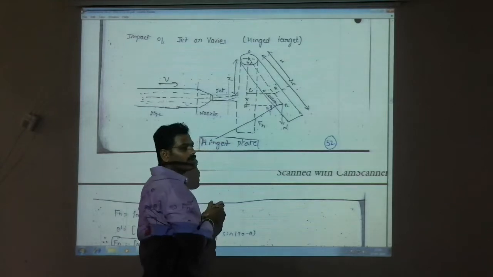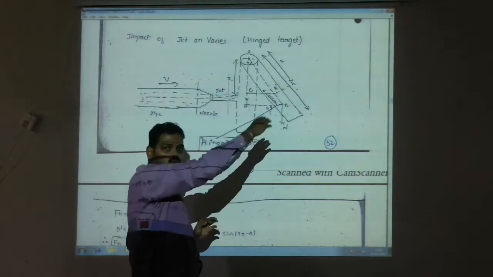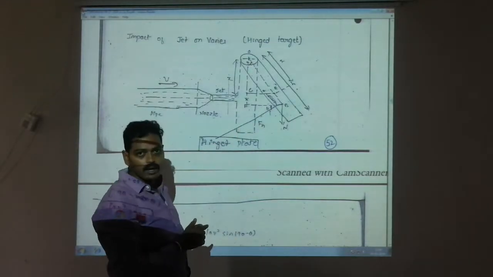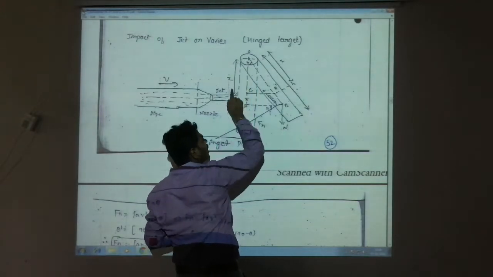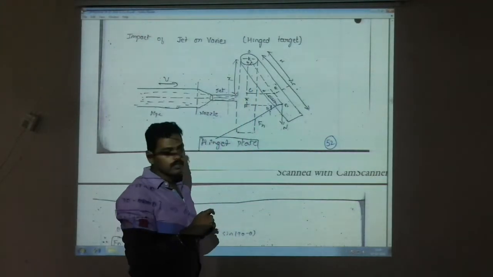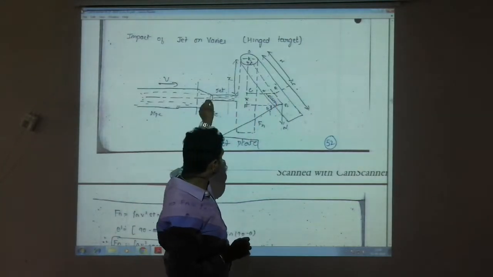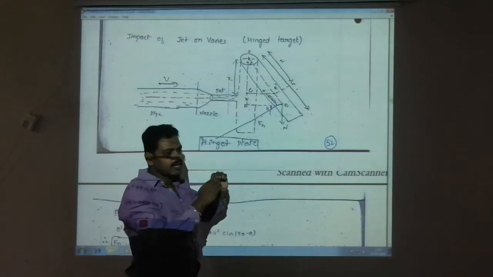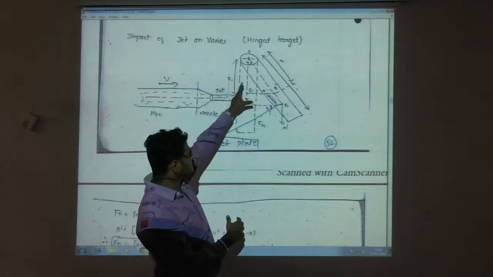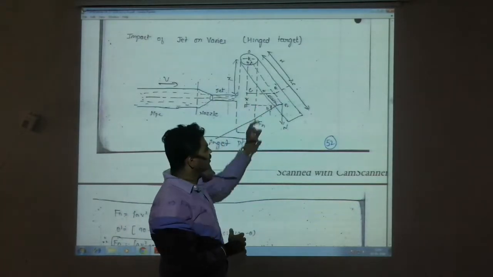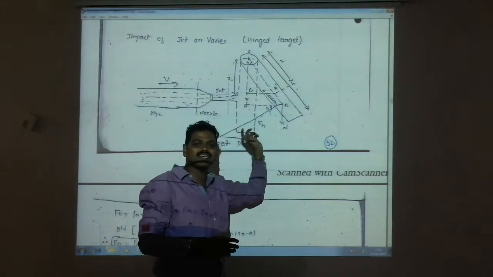But we don't know what the angle of inclination is. That will be called theta, the angle of inclination moved with respect to the velocity v. And the distance from the top end to the center of the plate is x. But if you draw a straight line, it won't be exactly at the center, because the plate has traveled some distance and the distance has changed. So instead of x, it will become h. The total distance is h, and the distance increases because of the inclination.